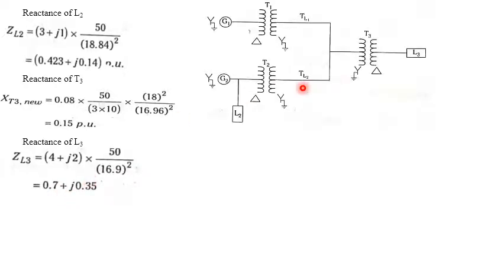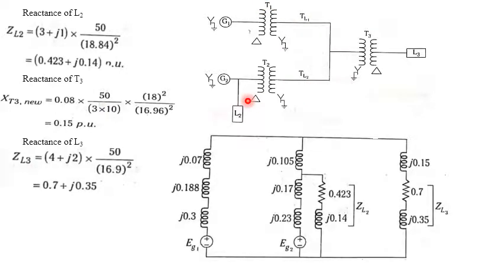So this is how the circuit is, and we need to represent it in terms of the per unit reactance diagram. See here, this is the generator G1 having the series reactance and the source of EMF. Then we have the transformer, then the transmission line, till here. Then coming to this part, this is TL2. We have TL2, then the transformer, then the generator and the source of EMF.